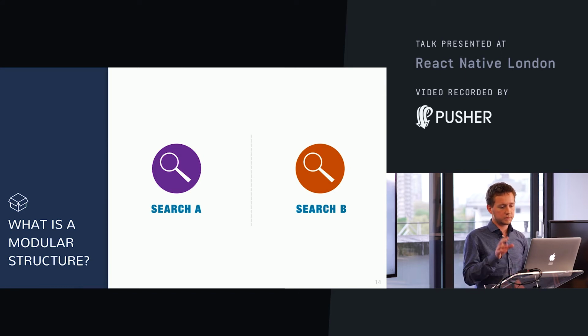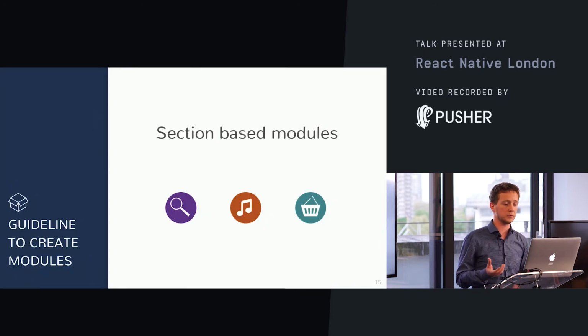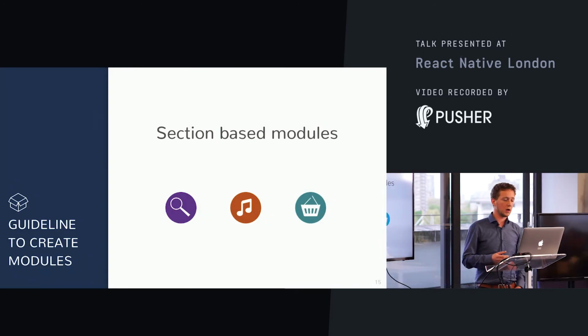So I just put together a few rules, a set of guidelines on how to build modules and what I mostly do. I compose my module based on what they provide to the user. They contain everything they need, which means they contain assets. They contain Redux, actions, and reducers, anything. They also contain